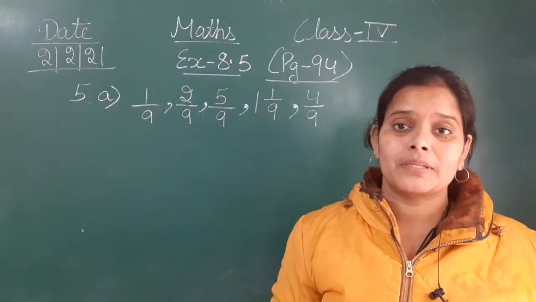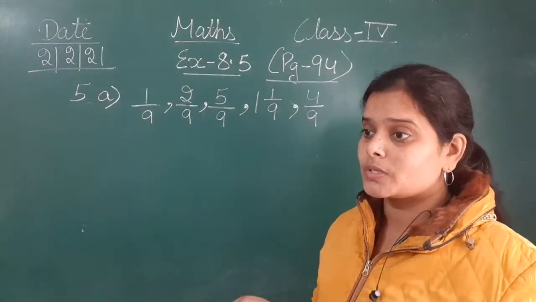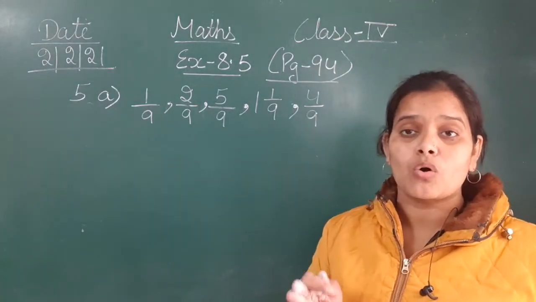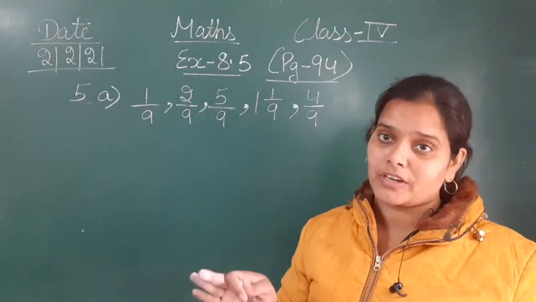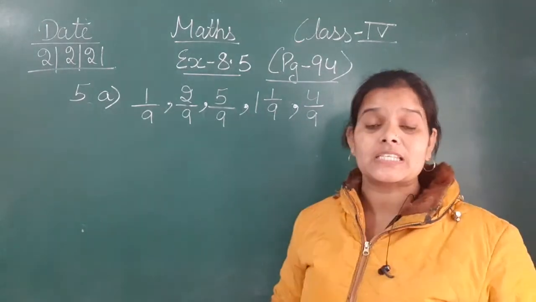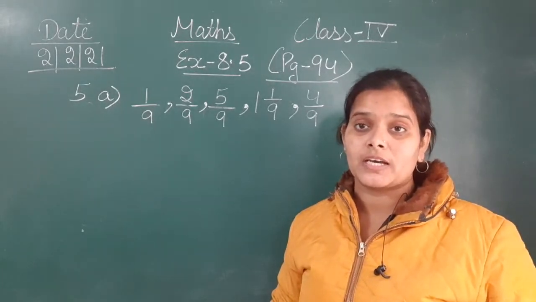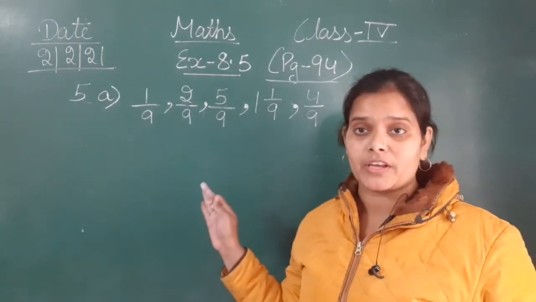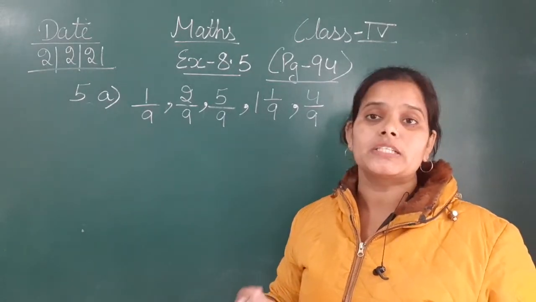But the one thing that you have to keep in your mind, देखिए मैंने आपको ये बात बेटा पहले भी कई बार बताई है, while comparing any fractions or while writing the given fractions into ascending or descending order, the first thing that you have to observe is that all the fractions must be like fractions. वो like fractions होनी चाहिए. Like fractions means they all must be having the same denominators.